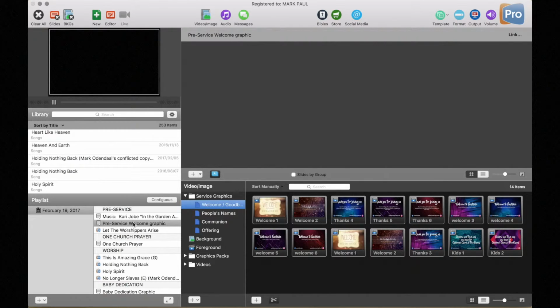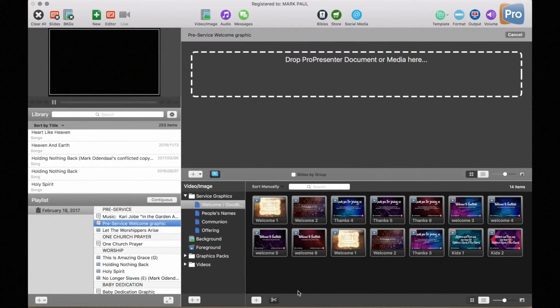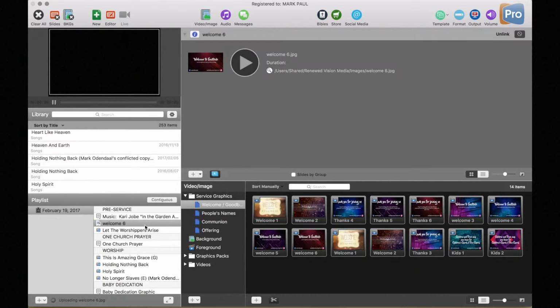Same thing, we want to link that to something that's a graphic or something that's in our library. So what we're going to do is click link. We're going to take the welcome graphic that we want to use and we're just going to drag it in, and there it is. But now here we have something called the One Church Prayer, and the way that you